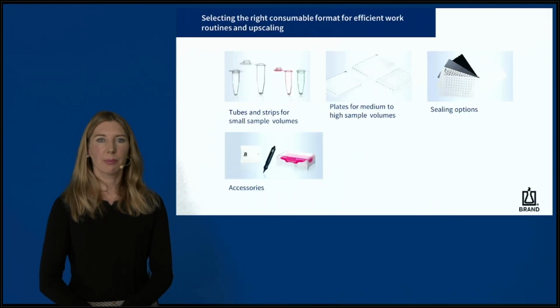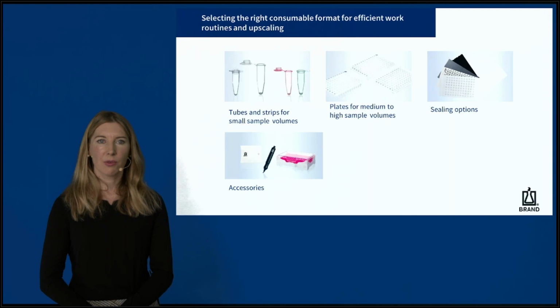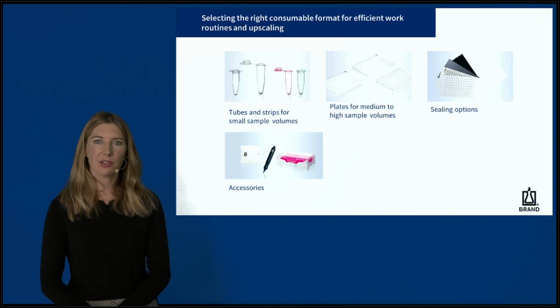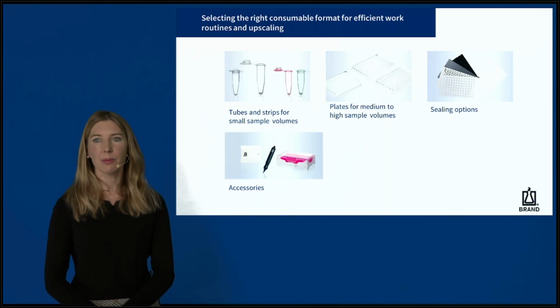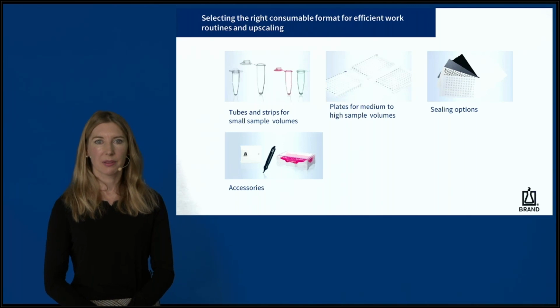Whether individual PCR vessels used for test validation or high-throughput testing of standardized processes with 96 or 384 well plates, the selection of the right consumable saves on costs and time and also minimizes waste. Therefore, before the experiment starts, plan which sample volume is necessary and which format makes sense in the experiment.